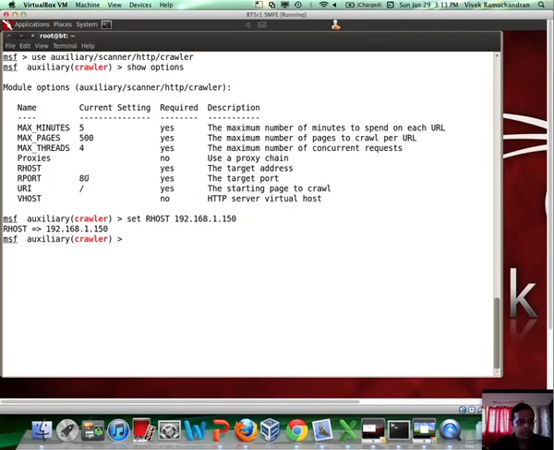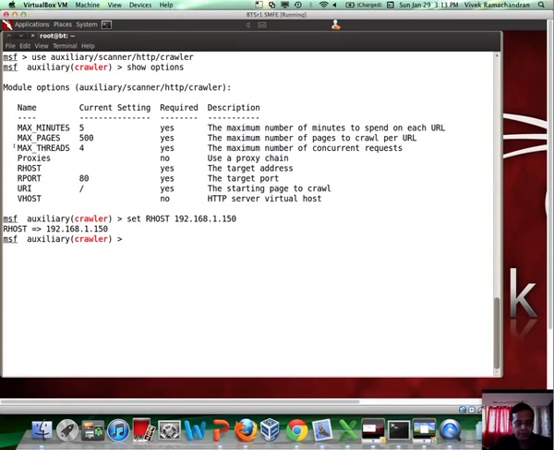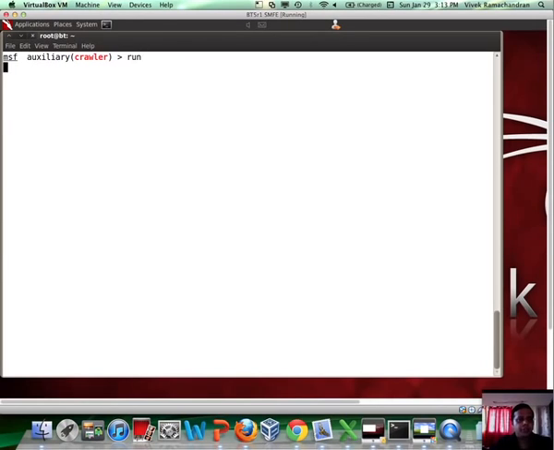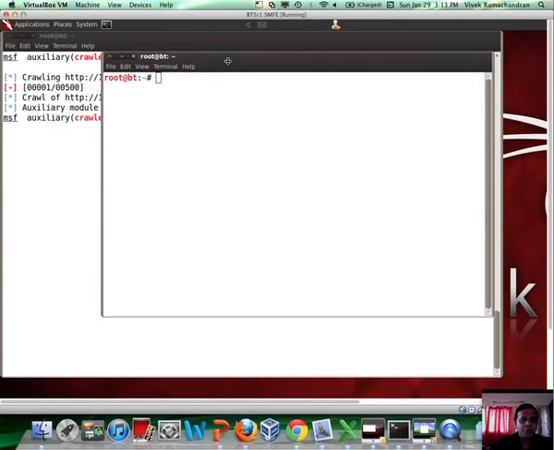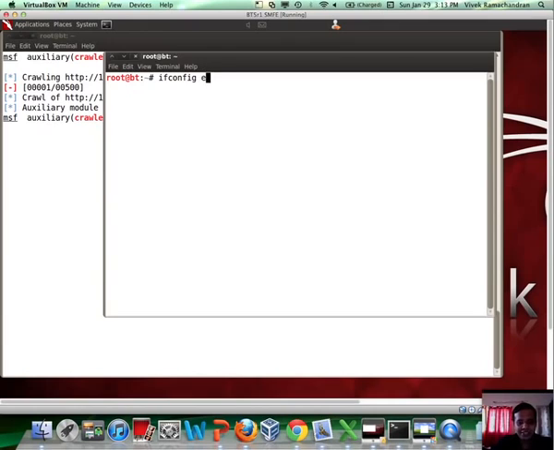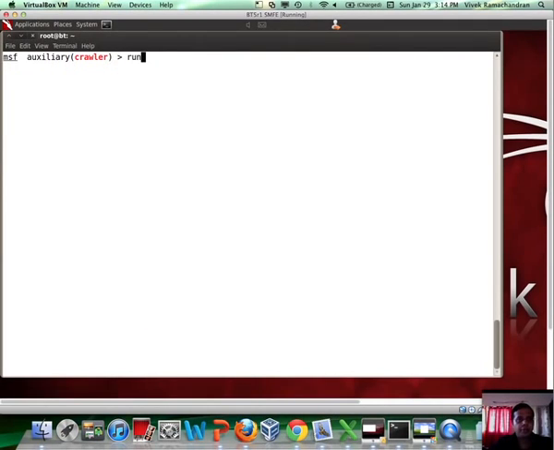Port 80 seems fine as well, and these are things which we could manipulate if required later on. Let's go ahead, run the auxiliary module, and if you notice, okay, I think, stupid me, we don't have an IP address yet. There you go. Now let's go back here, run the auxiliary module again,